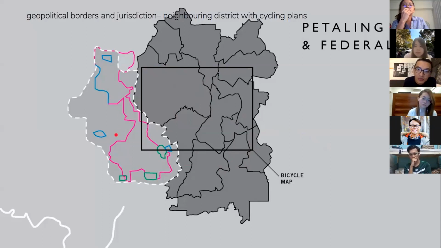This is to show the weaknesses in how our local government works. When they get budgeting or when they do planning, they only plan within their political borders. And as you can see, they never plan across borders. That is one of the biggest weaknesses in doing policy and planning, because they never think about how to connect different districts. So I think that's one thing I had to address. That's why this map also crosses into PJ as well.